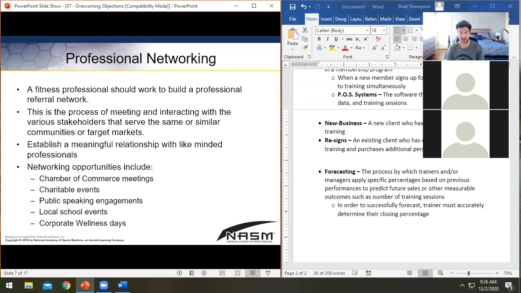The other thing that I will say when it comes to professional networking, get in with the front desk. I almost think this is more important, but the folks at the front desk who are checking people in, nobody in the gym knows every member as well as the people at the front desk. They see them every single time they check them in and say hi to them. Their name pops up on screen, so they know a lot. And then there's all the fun conversations that they have while they're waiting for their car to arrive or whatever. So these people are really in good. And if you build a fun working relationship with them, that's another really great tool. So professional networking is big.